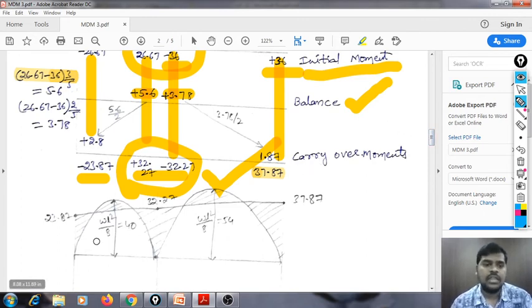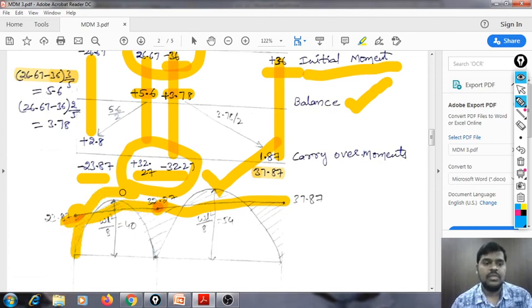So we have to draw the bending moment diagram. This is 23.87, this value, and this is 32.27. This will be a linear line like this, and at 32.27, here we have 37.87. We have to draw lines like this, here and here, and this is WL square by 8.